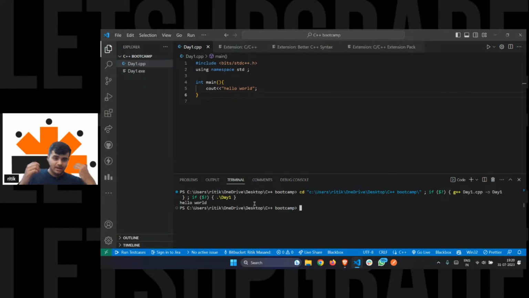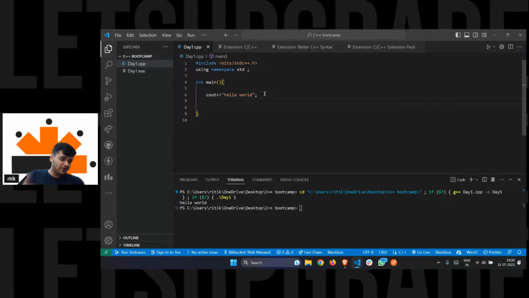So what is this cout? This cout is used to print statements, print anything. You have two things: the first is used for taking input, and the second is used for taking output. For output, you have a thing called cout. This will just display the output on the screen, as simple as that.